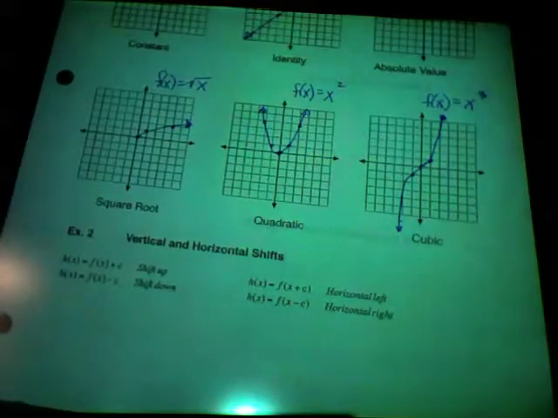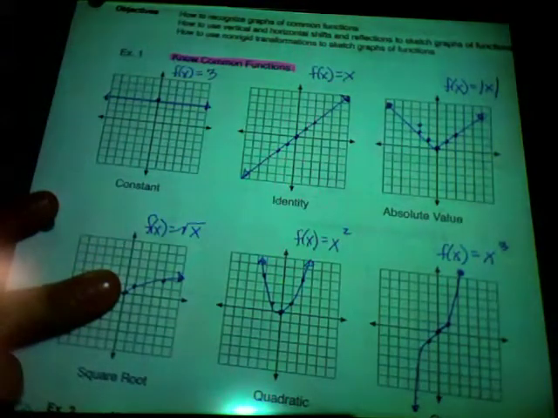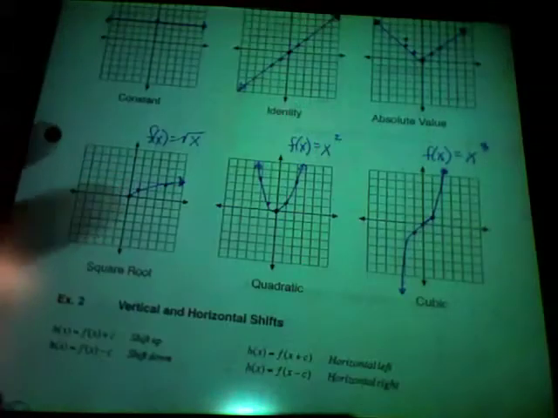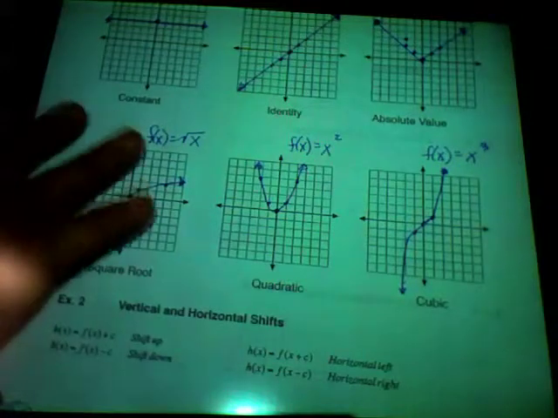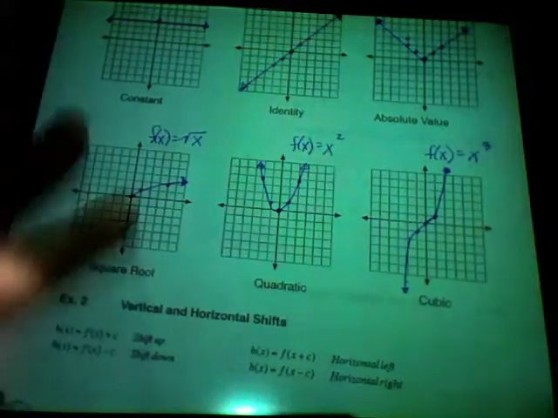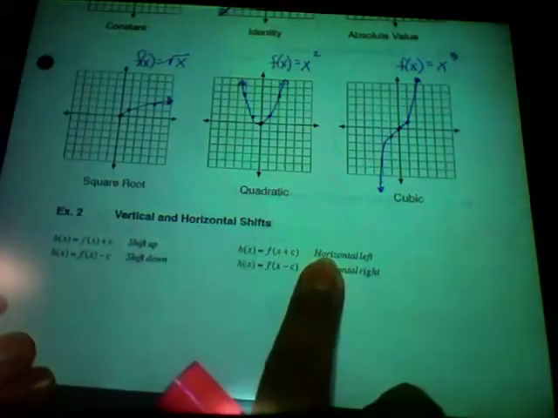All right, so we okay with those common functions? If I were you, I would highlight know your common functions, because those are the things that we're going to translate and reflect. So then here's the shifts that you need to start to be aware of. I don't really believe in you memorizing a whole lot, but you need to understand what happens. For vertical and horizontal shifts,